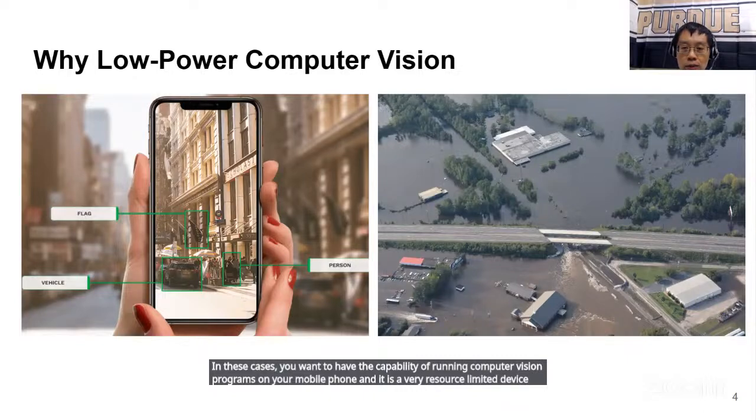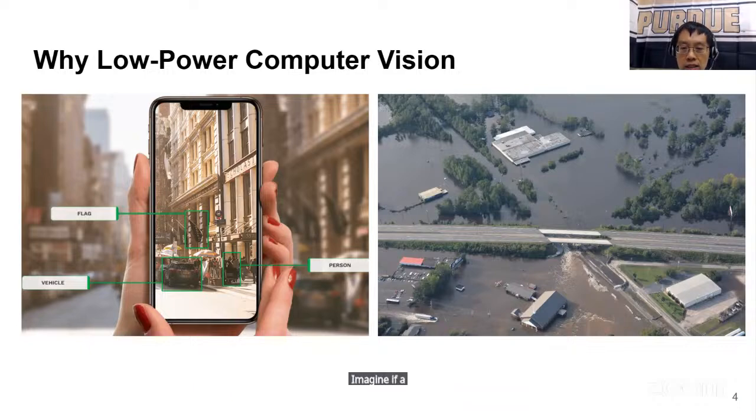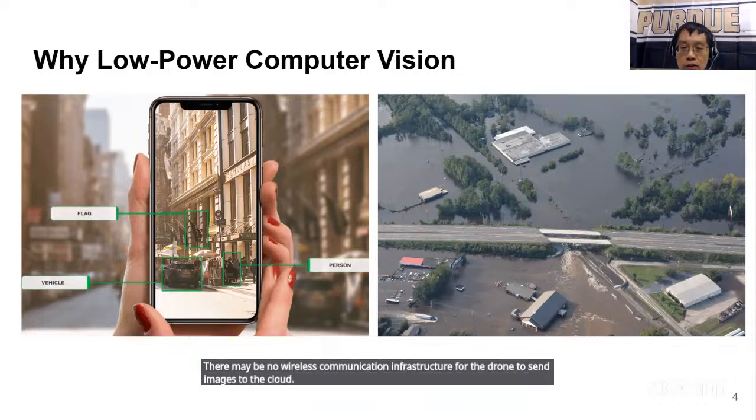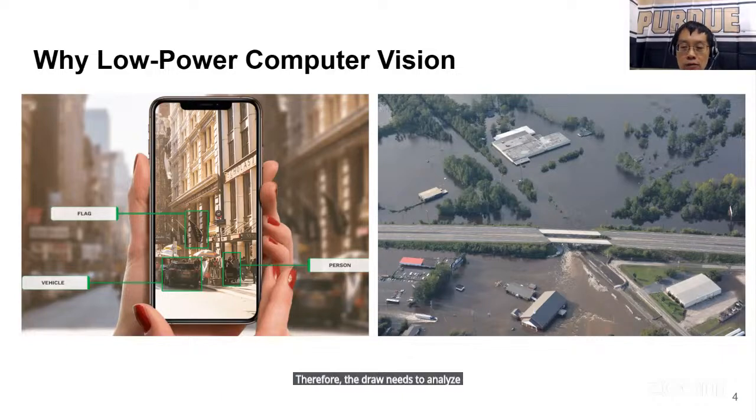The example on the right side is an image taken by a drone. Imagine after a disaster, in this case, flooding. There may be no wireless communication infrastructure for the drone to send images to the cloud. Therefore, the drone needs to analyze the image and provide useful information to the first responders.